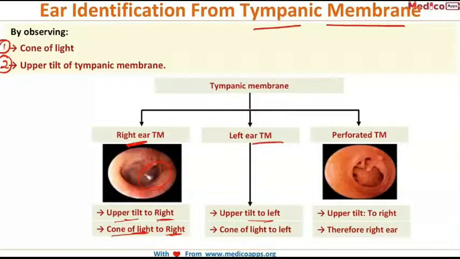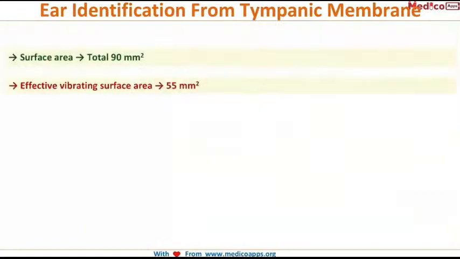Okay, and suppose there is no tympanic membrane, there is a perforated membrane, we will have to observe only the upper tilt, and if it is a right ear, it will be tilted towards the right side. Okay, so a few more points about tympanic membrane. The total surface area of tympanic membrane is 90 mm square. However, the effective vibrating surface area is only 55 mm square. So the surface area